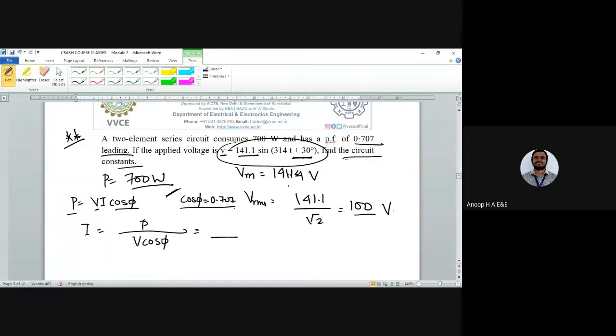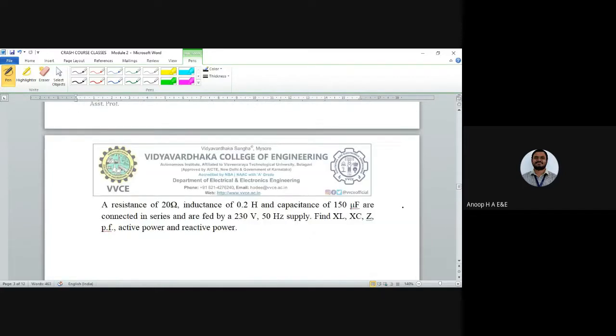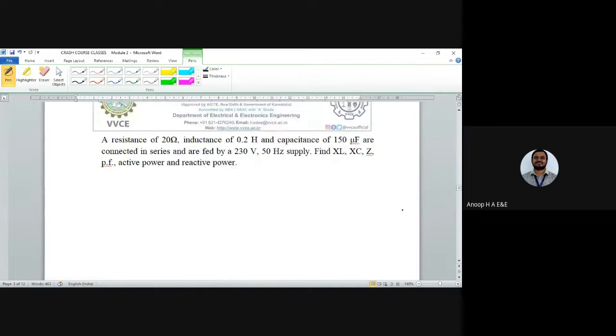So one more thing is the power factor, from which you can find out R and C. Okay, so she'll be sharing the answer for this numerical problem. And this one is a series RLC circuit. In this series RLC circuit, I'm solving the typical problems here, which are quite important from the exam perspective.